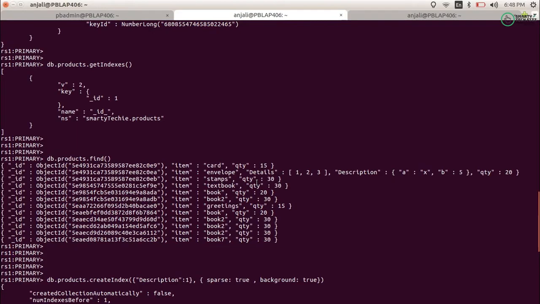When we have a collection in our MongoDB database, we generally come across the issue of low performance, because we don't have any indexing in our MongoDB collection. So today we will see how we can create indexes in the background, what sparse indexes are, how we can create a sparse index and how it is useful for us, and then we will see the combination of both, that is, how we can create a sparse index with background processing. So to learn all of these things, stay tuned with me.